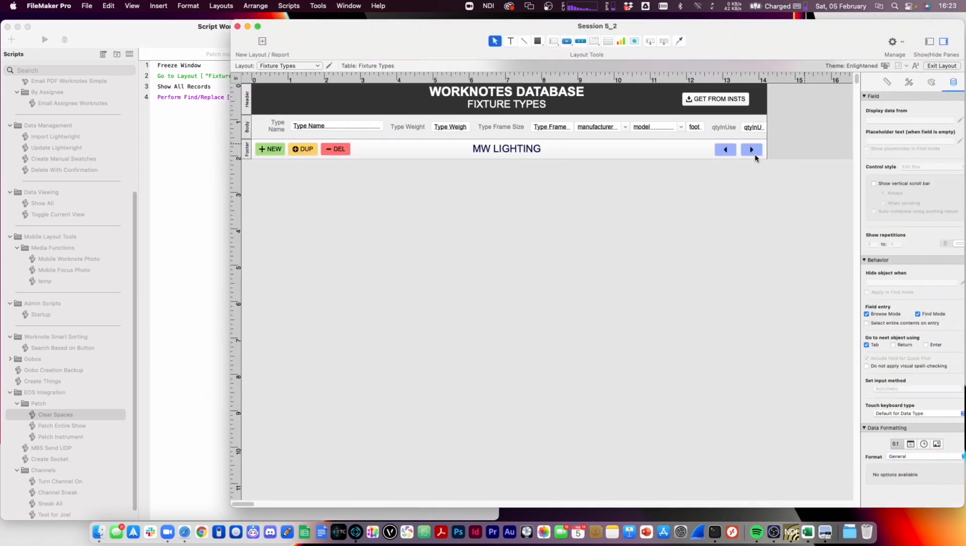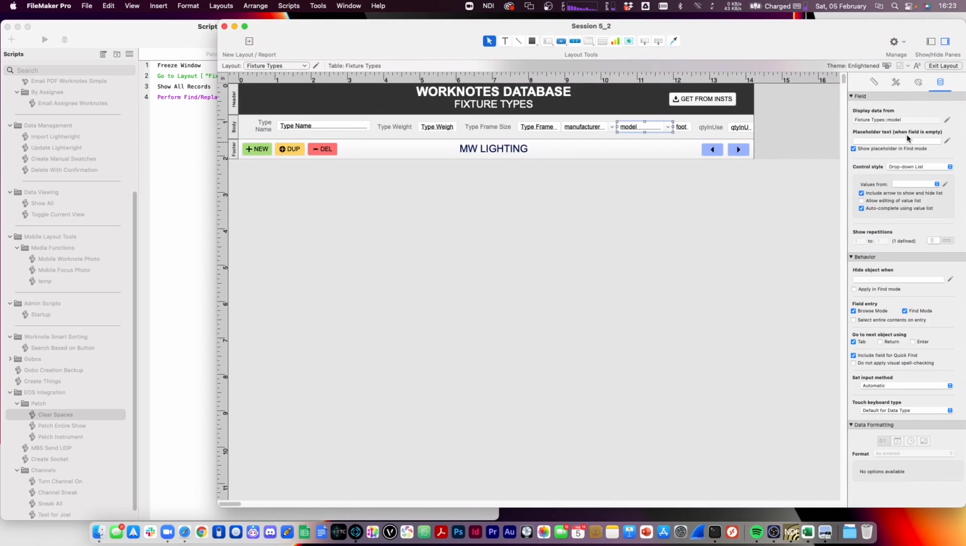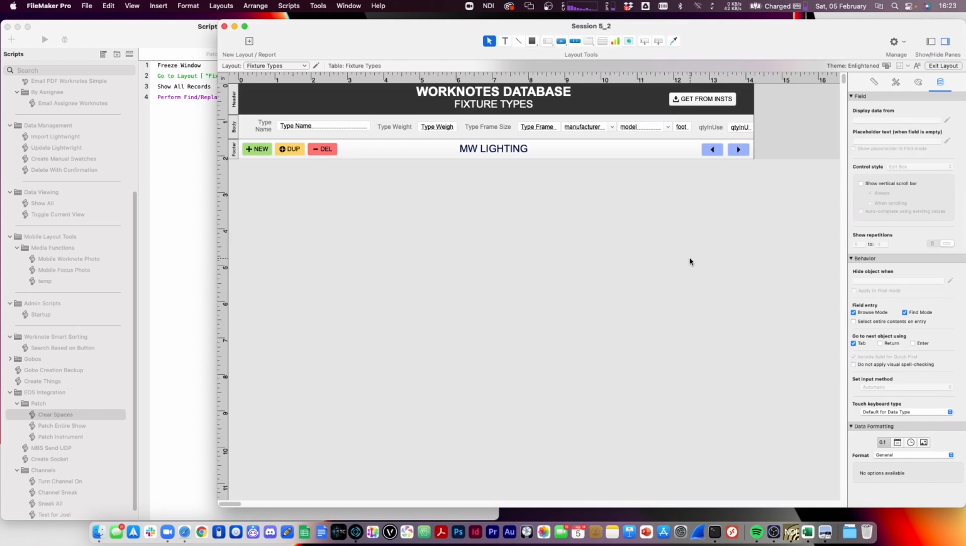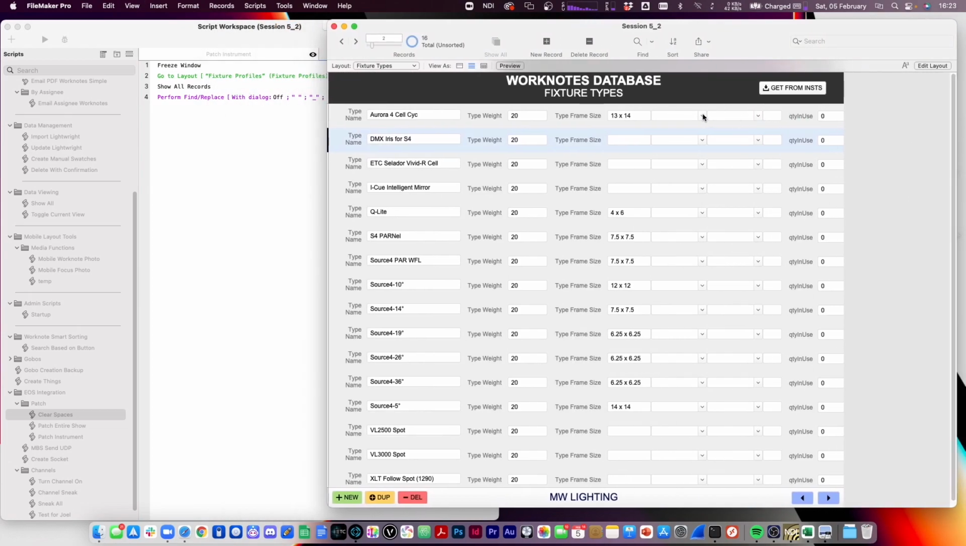And now what I'll do is I'll come in here and make sure that this second field, this model field, is a drop-down list. And it's showing me values from that new EOS models list that I just created. I'll make sure that showing arrows is there and autocomplete is there. Autocomplete is super important when it comes to this, because otherwise you'd be typing a whole lot of information